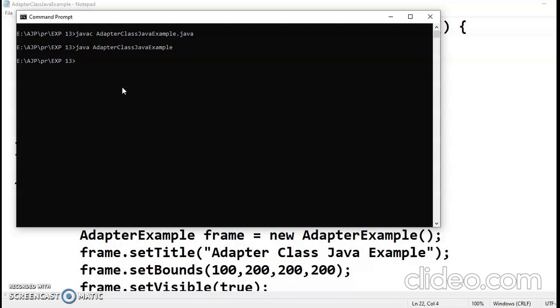And there are some other adapter classes also, as there are other interfaces like MouseListener and MouseMotionListener. Those interfaces also have a large number of methods. So in the next program we'll be implementing a mouse adapter, because MouseListener also has 5 methods. We'll be seeing how to implement the mouse adapter in the next program.